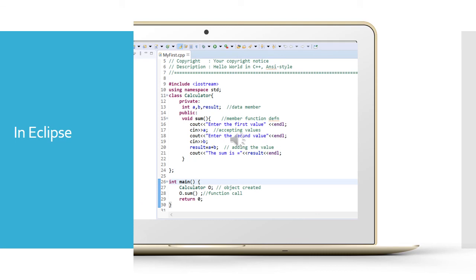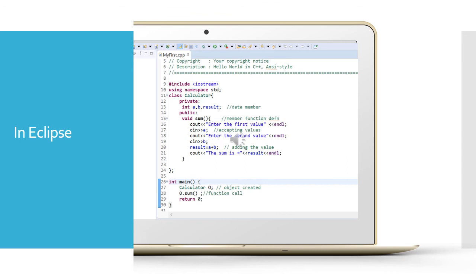As you can see now, once the class calculator is ready, you can create an object in order to use the class. As we know, the execution starts from the main function. You have to create objects of the class called calculator. So an object called O is being created and the object is used to call the function sum.